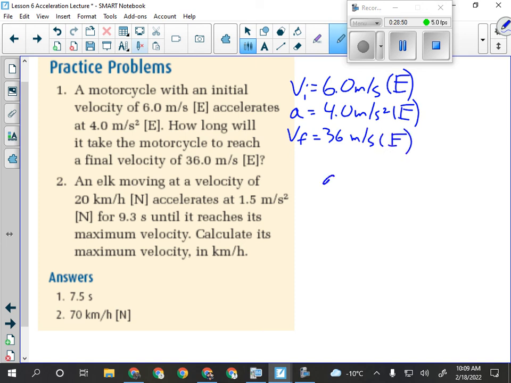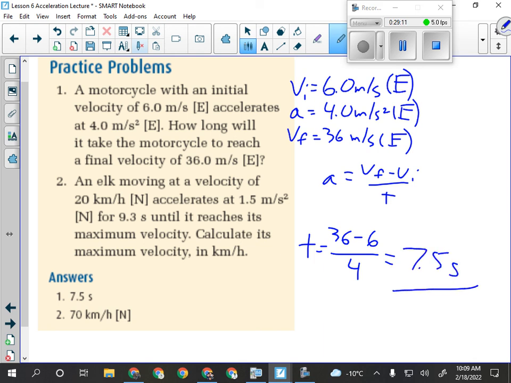All right, we've got A equals VF minus VI over T, and we are trying to solve for T, so we simply multiply both sides by T, divide both sides by A, and we'll have 36 minus 6 divided by 4, which should come out to 7.5 seconds. Okay, everybody okay with that one? All right, how many people have done the second? Flip that one